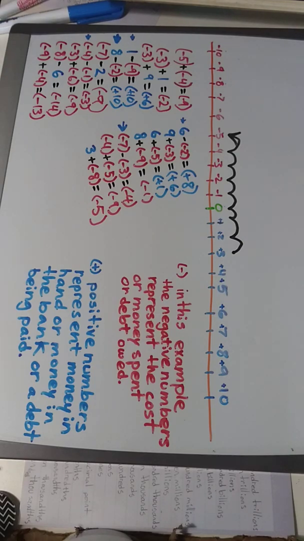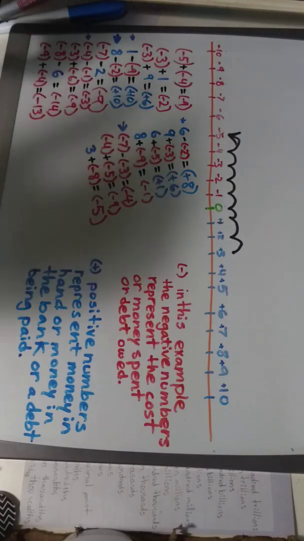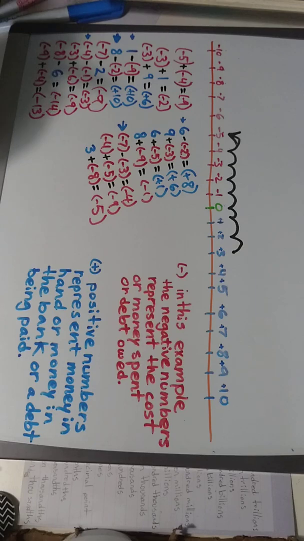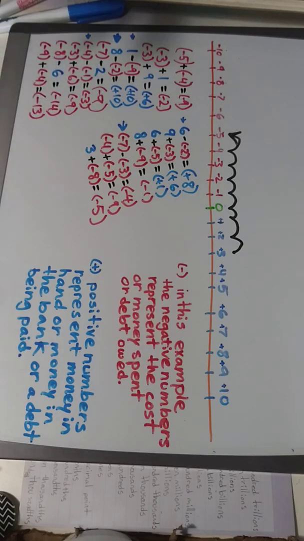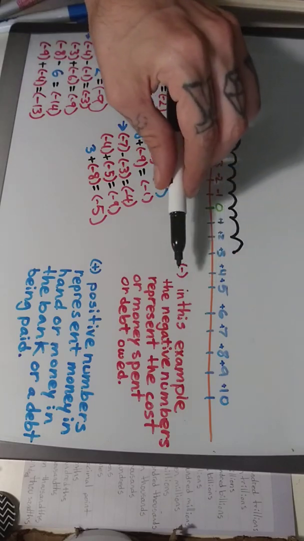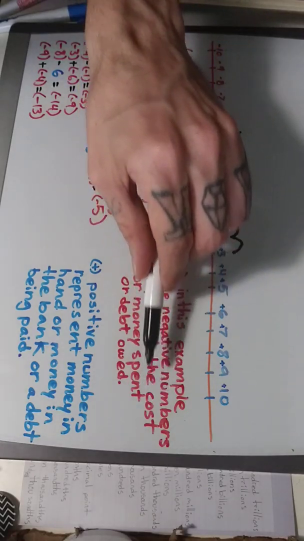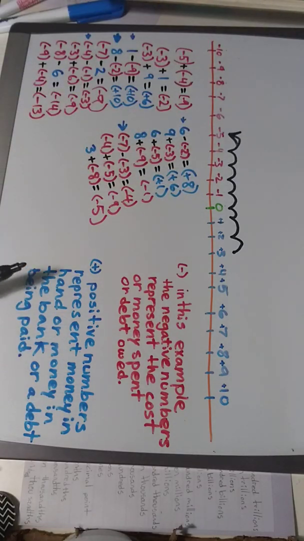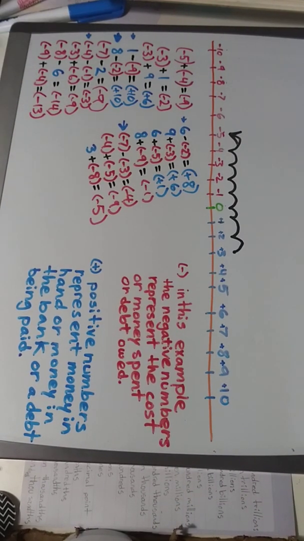So in thinking about adding and subtracting positive and negative numbers, you always want to think of money. There's a few other examples I'll give, but in this example, think of money. The negative numbers are the cost of something, or money spent, or debt owed, and the positive numbers represent money in hand, or in your pocket, or in the bank, or somebody paying a debt back to you. And there's exceptions, but